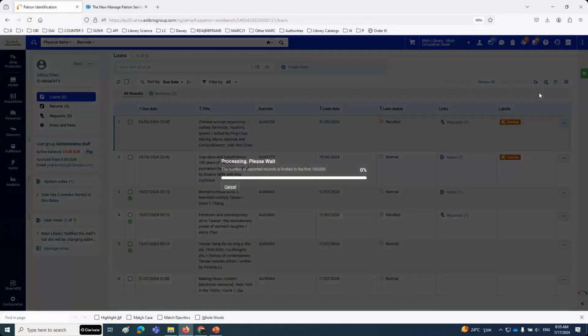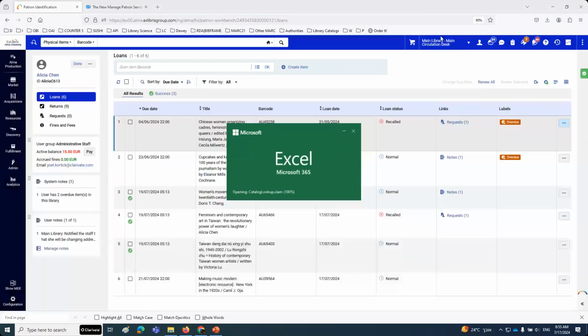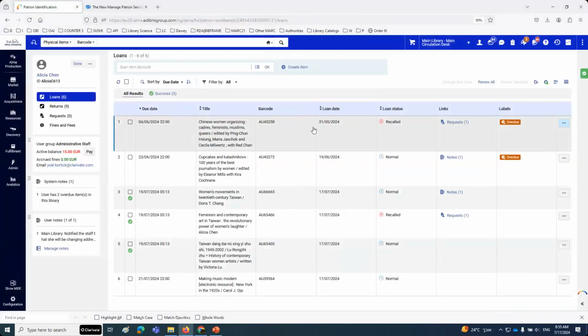All fields. Here it is. And again, so you see I have author here, title, author, barcode, loan date, last renew date. I don't have author displaying here, but I chose all